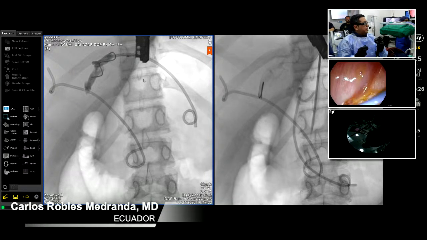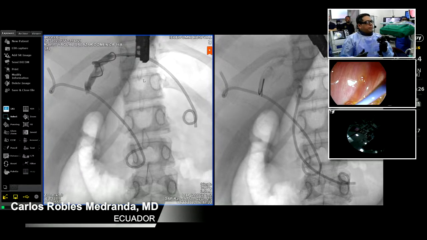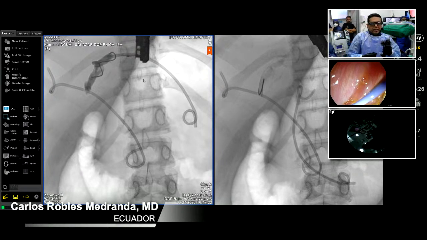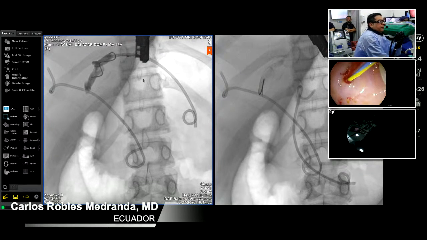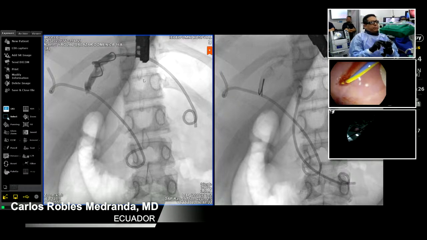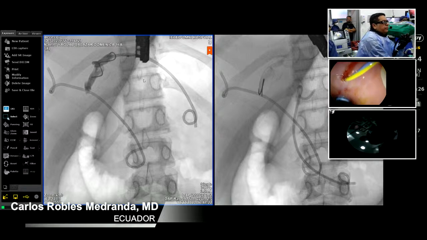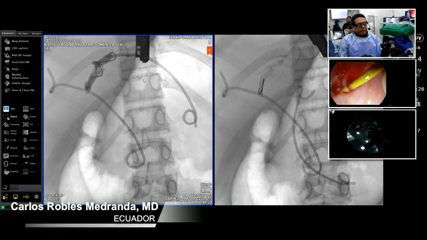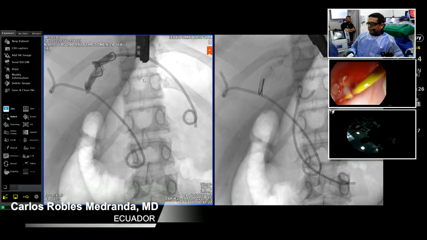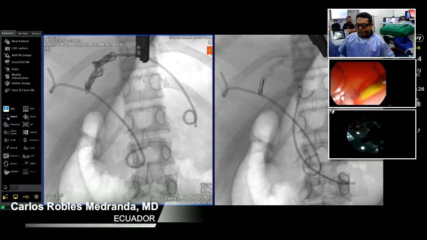I have my guide wire, and I will pass a balloon for dilation. I need to perform a dilation before going inside, even if we had a 7 French, because I will use now a 9 French cholangioscope. If you use a 7 French cholangioscope, you can pass directly. But the problem with 7 French is that I need to use a 0.025 guide wire. So now I have a 0.035, and